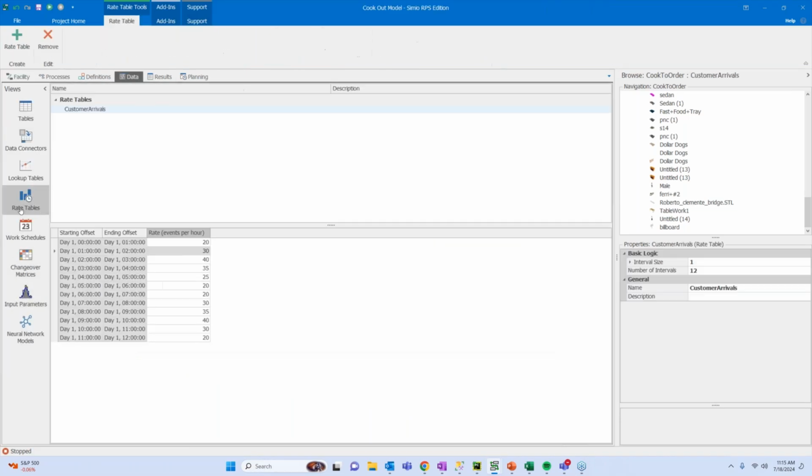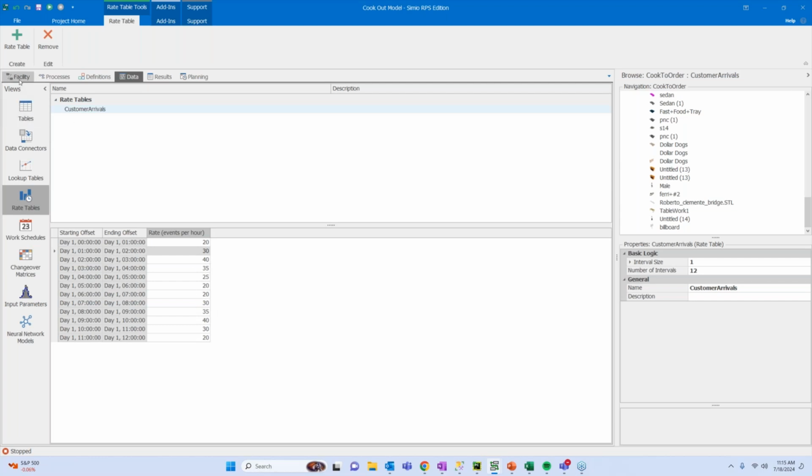So customers arrive with a given rate table, and this could take any number of forms. As you know, in your models, your inputs can be a number of different ways, but hour by hour, we're just going to show some different arrival trends. So maybe during the lunch hour, we experience a higher number of arrivals. And similarly, during the dinner hours, we also experience more customer traffic.